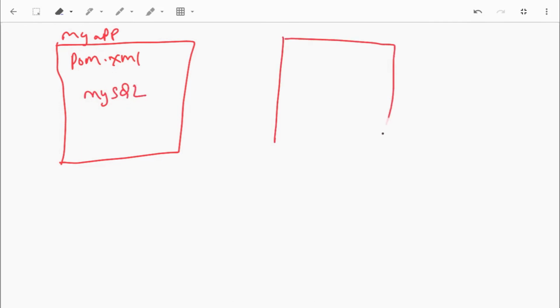And suppose this is the MySQL connector project, having its own pom.xml, in which we have a dependency protobuf.